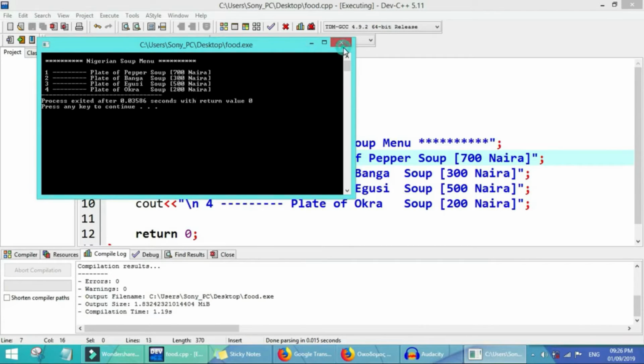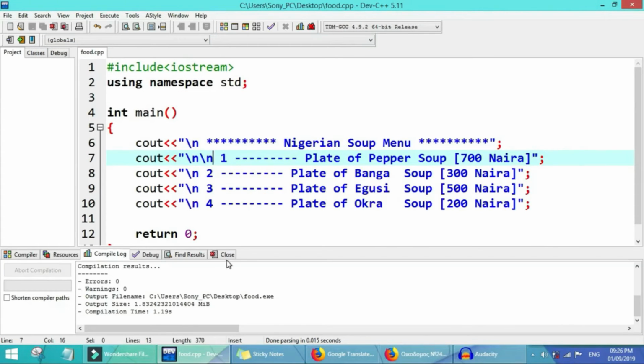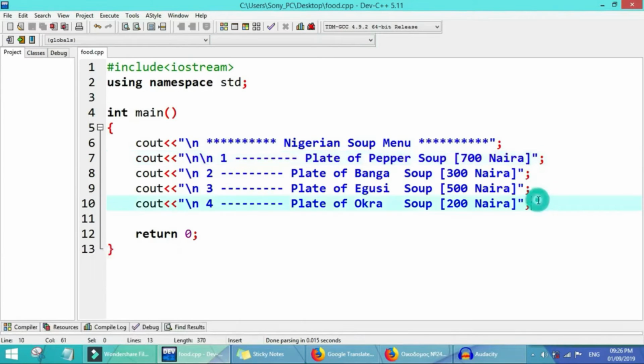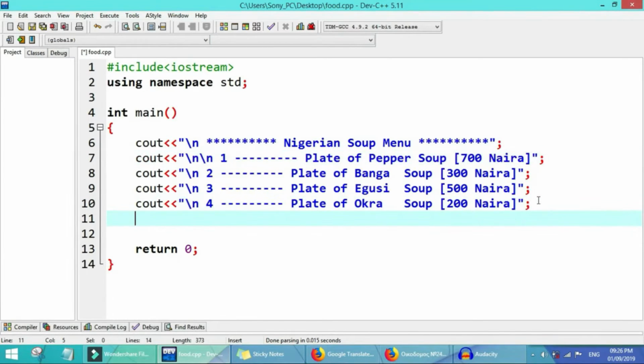So wetin be the next thing? The next thing now na to introduce our switch command. So in order to introduce our switch command, we need to create blink. Just as I talked before, say in order to create blink, we need our cin command.